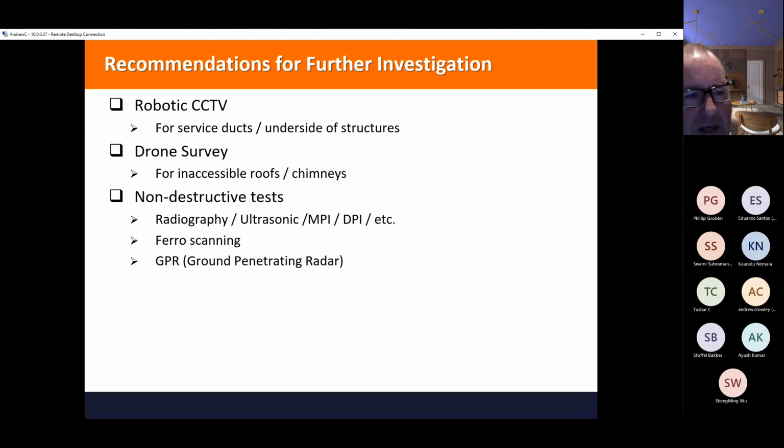More likely, you'll be going into non-destructive tests. So for steel structures, particularly looking at the welds, if you're worried about the welds, you can go ultrasonic tests, but more likely you're going to be doing magnetic particle imaging or dye penetration imaging as well. For concrete, you'll be doing ferroscanning, so you get a metal detector and find out whether there's any reinforcement in your concrete.